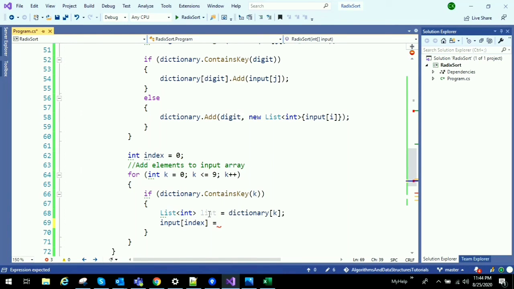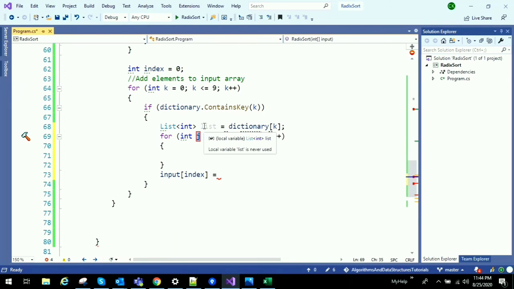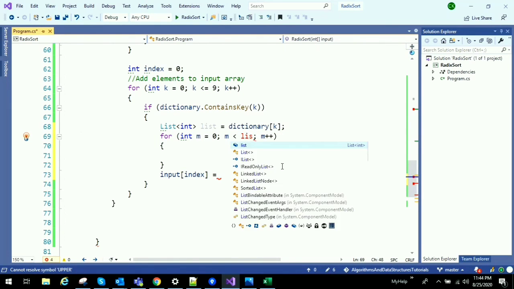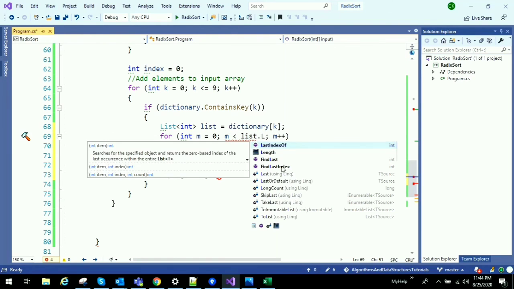Because this is a list, we assign each value from that list to input, and for that I am writing one more for loop with some variable, up to list dot length.